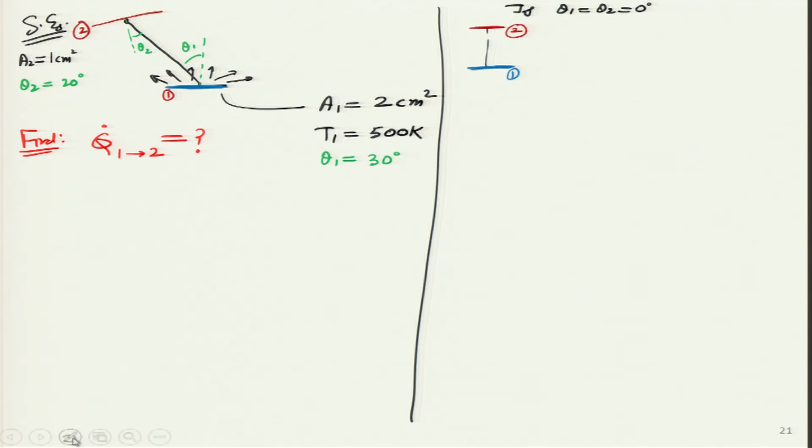So, the two things that I want to calculate in this particular question are part A and part B: what is the solid angle which is subtended by surface 2 when viewed from surface 1, which means what is this particular omega over here, or in this case what is this particular omega over here.